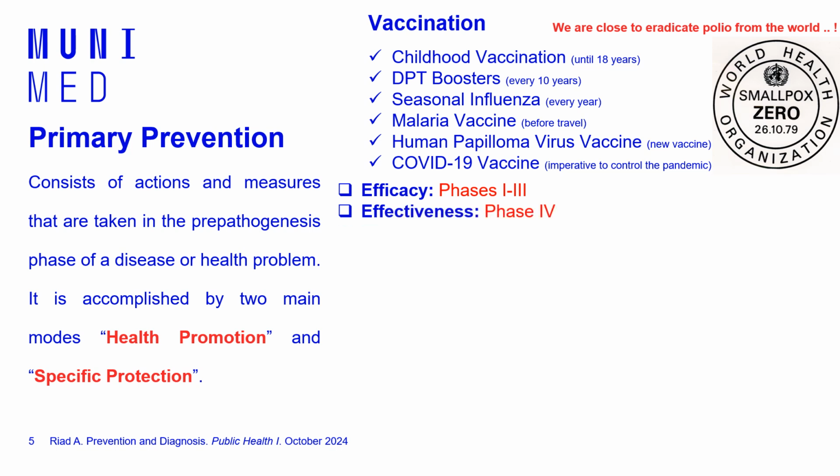Then we have to look at the effectiveness of the vaccine, which is how well the vaccine is able to prevent infections in the real-world population. After the vaccine is approved and taken by the population, we keep monitoring its effectiveness, which is how good the vaccine is at preventing infection in the real world among real people. Okay, so these are not volunteers, these are just ordinary, average individuals like all of us.